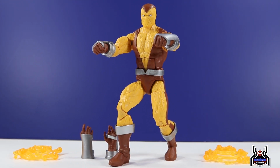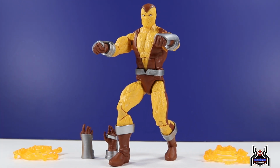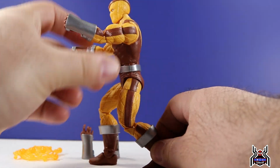Okay, so here is the Shocker figure out of the package, and he's really nice. He's pinless, all updated to everything. I like the colors, although the brown a little bit darker would have been kind of nice, but I see what they're going for and where they're coming from. Now, the debate on whether this would be an animated series figure or a comic figure, I think, can be settled in one way. The stripes on the legs as well as the arms lead me to believe that this